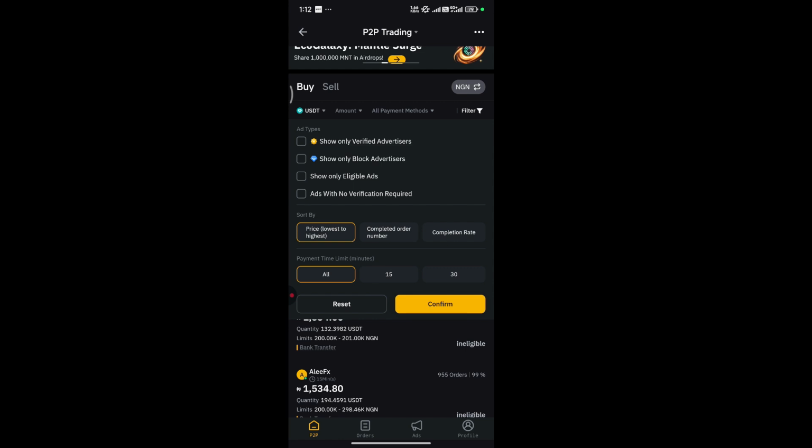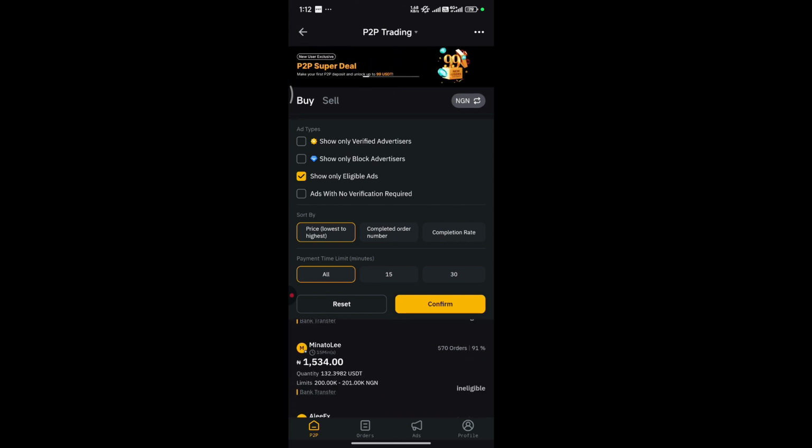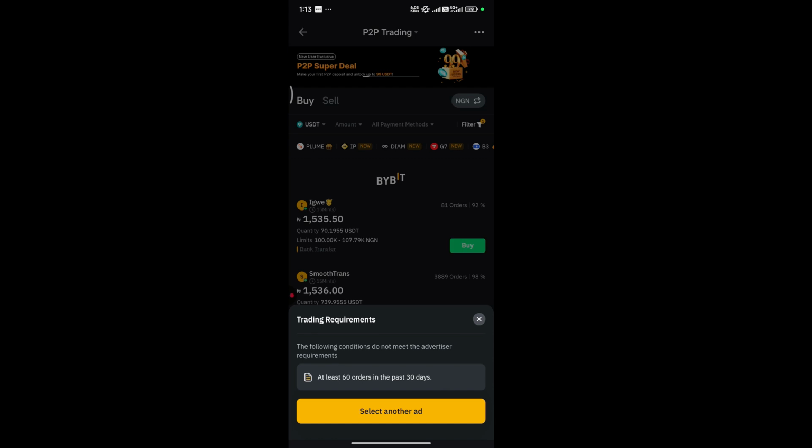So you can see show only verified ads, show only block ads, show only eligible ads, and all that. You click on show only eligible ads, so that all the people that you can buy USDT from will come to the top of the chart. Then you click on confirm,